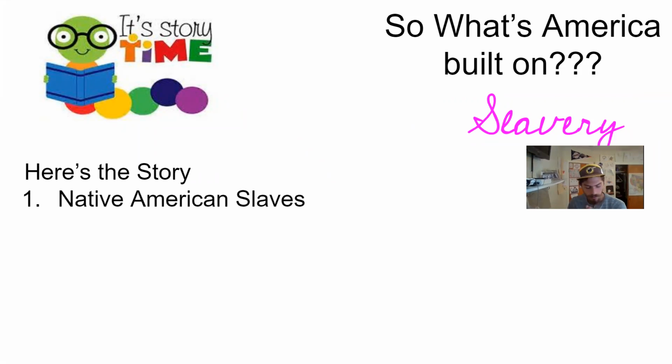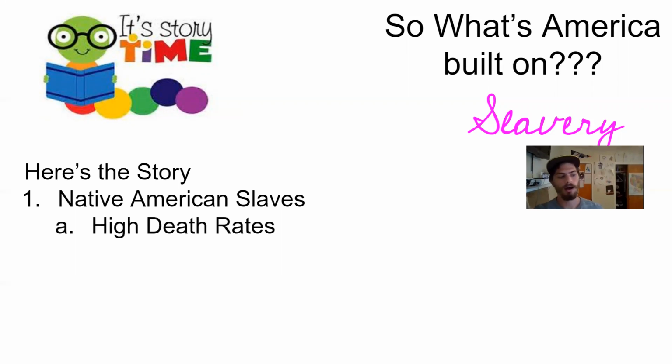So when colonists first settled, and they settled at Jamestown, and they started to build a lot of the first southern plantations and a lot of the first slaves, they ended up attacking Native American tribes and forcing them to be slaves. So the first slaves are Native Americans. The problem is they died really easily because of disease, being mistreated. Generally, they did not last very long.